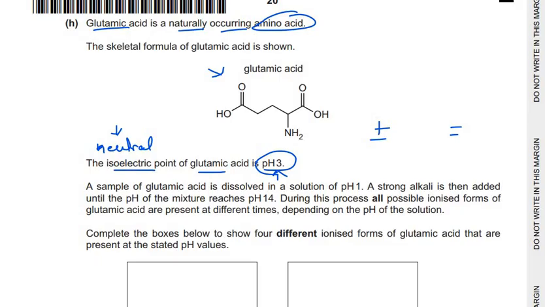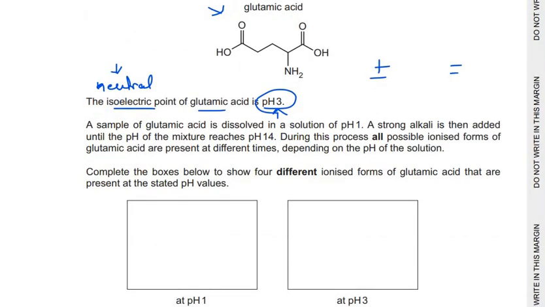So the isoelectric point of glutamic acid is pH 3. Now a sample of glutamic acid is dissolved in a solution with pH 1. Now you can see that the pH is changed. It is pH 1. A strong alkali is then added until the pH of the mixture reaches pH 14. During this process, all the possible ionized forms of glutamic acid are present at different times depending on the pH